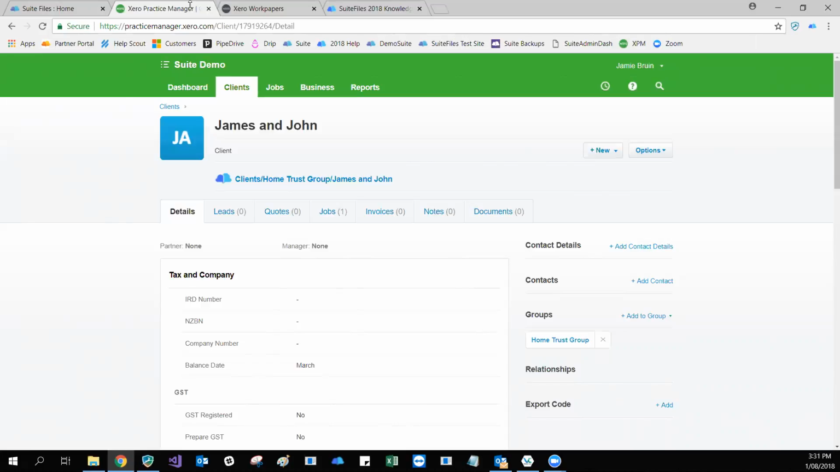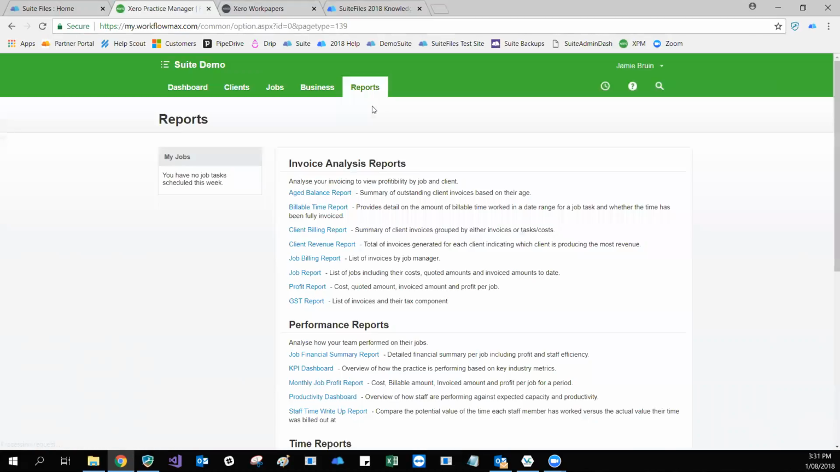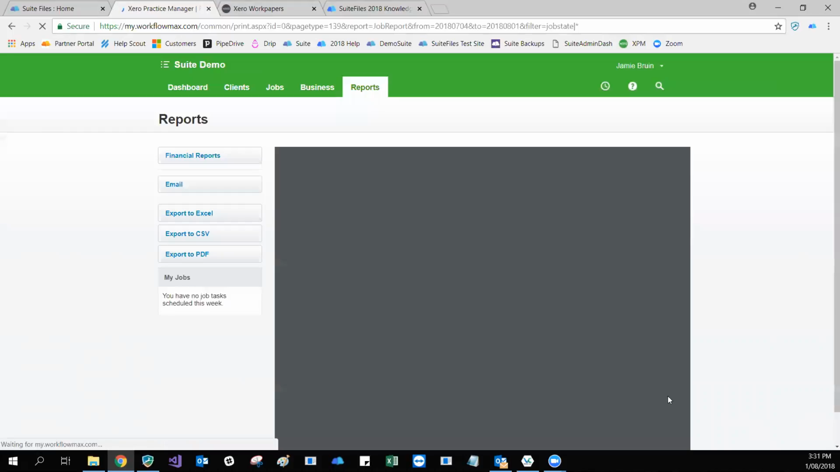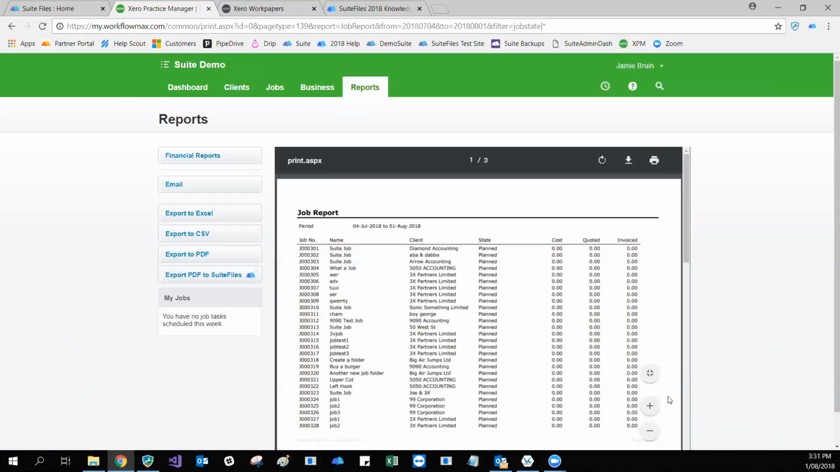So what I'm going to do here is I'm going to go into the reports in XPM. Select the reports tab. I'm going to go into all reports here. Let's look at a job report. Let's click print. When we go to print a report from XPM, we actually get an option at the left-hand side here, as you can see, to export this report as a PDF file into our SuiteFiles site. So if I click on this option,